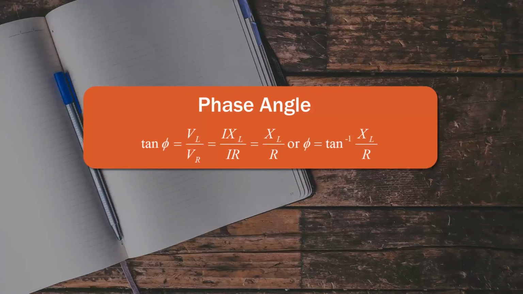Now we have to find out the phase angle in the case of the RL series circuit. From the phasor diagram shown in the figure, it is clear that the current in this circuit lags behind the applied voltage by angle phi, called the phase angle. This phase angle can be calculated as tan phi equal to VL upon VR. The value of VL is equal to I into XL, and the value of VR is equal to I into R. So this I will be cancelled out from the numerator and denominator, and it can be written as XL upon R. So the value of the phase angle can be written as phi equal to tan inverse XL upon R.